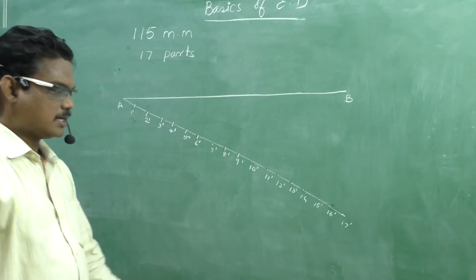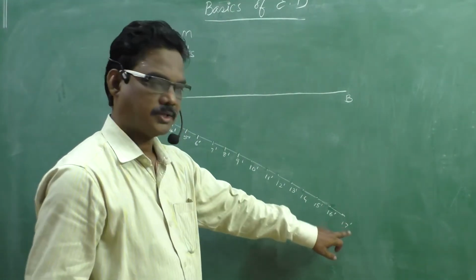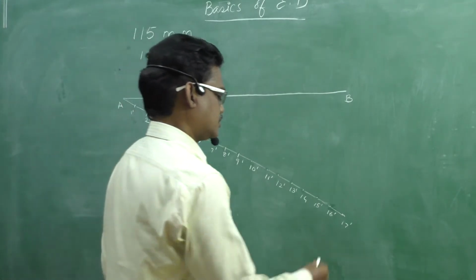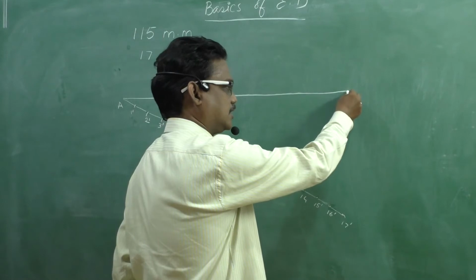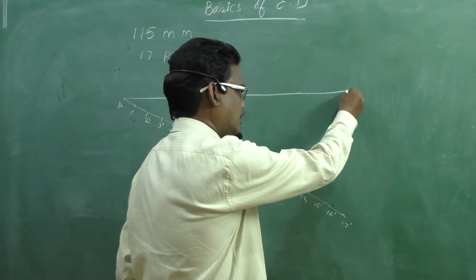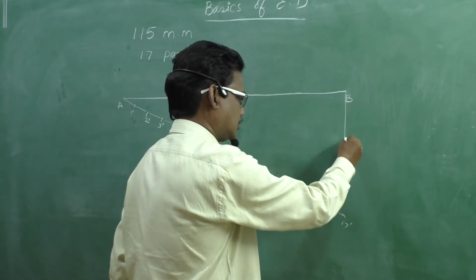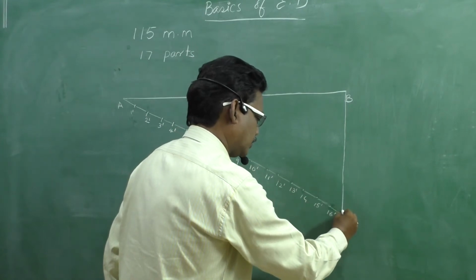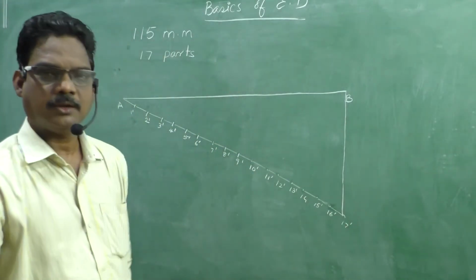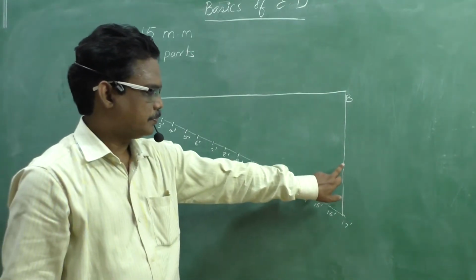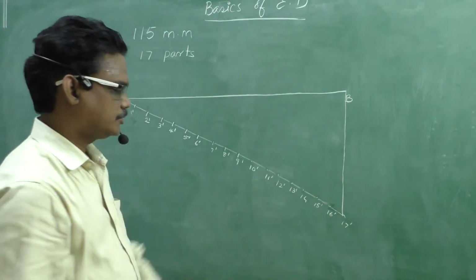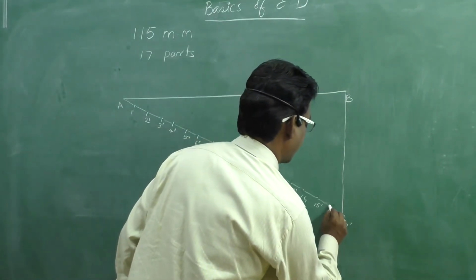Now consider the last point, that is the 17th division, 17 dash, and the last point of the given line, that is B. Okay, draw a constructional line or a thin line in between these two. Now with the mini drafter, draw the parallel line to this line through 16 dash,